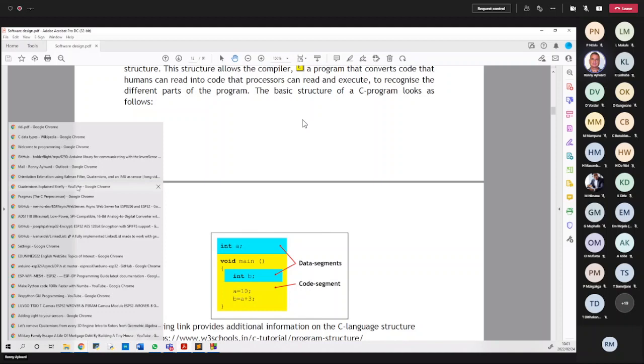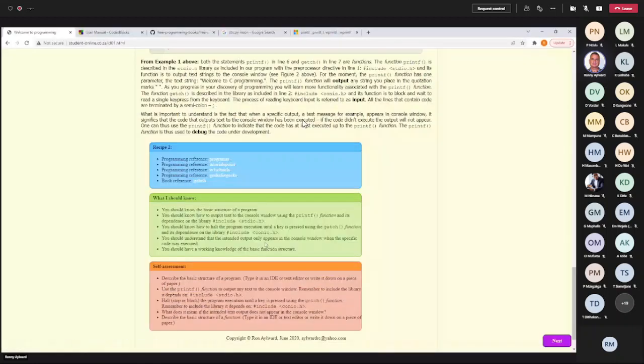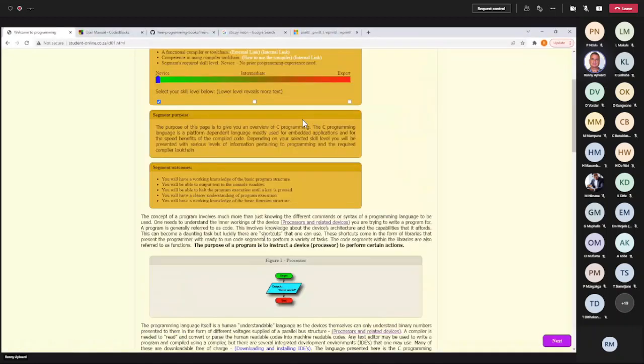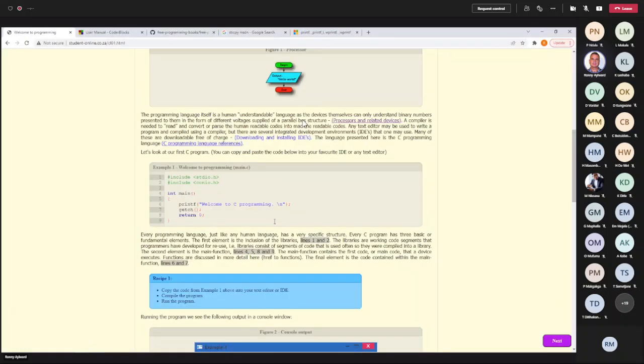Again, if you go to the website, you will see that the website has a little template here, and that there are some lines that explain what's going on.